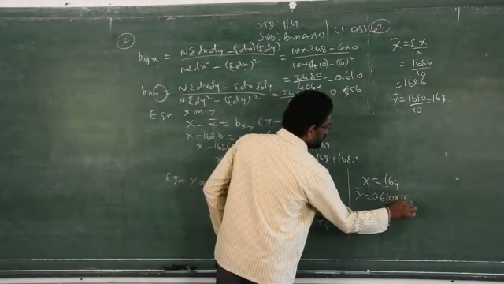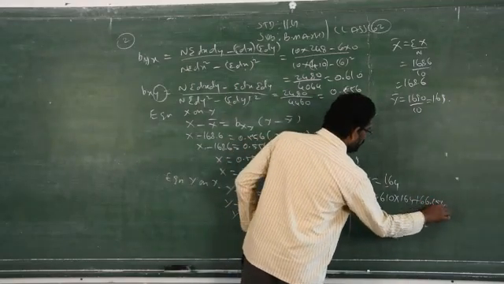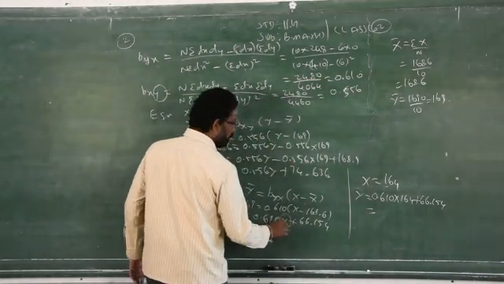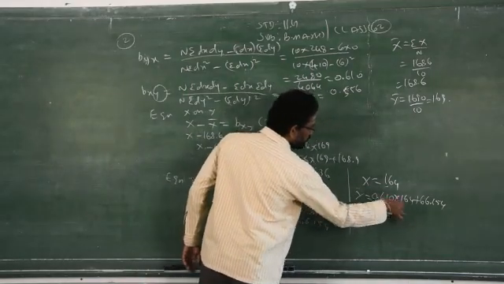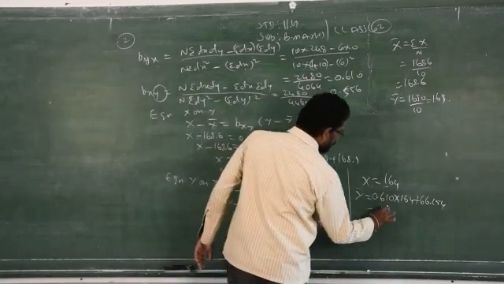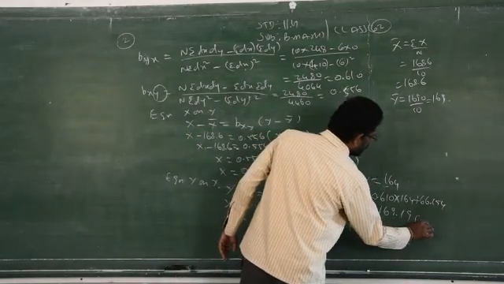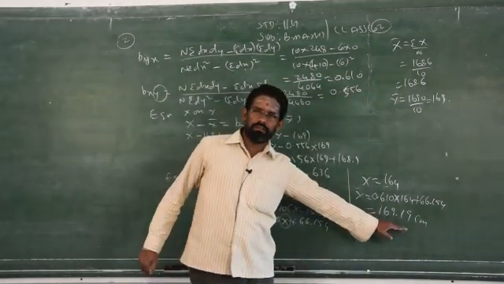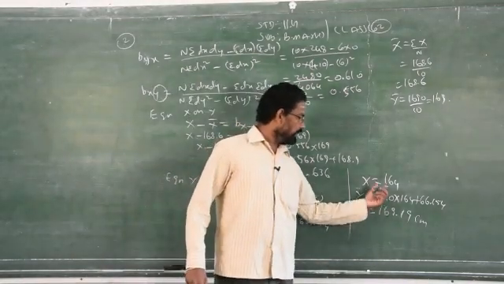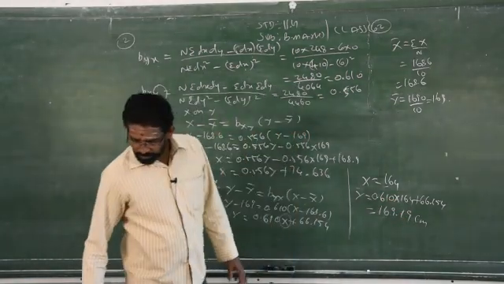0.610 into 164 plus 66.154. Just replace x by 164, you multiply these two, then you will get the answer as 169.19 centimeter. If it is given in centimeter, you have to write down the units. That is very, very important. Clear? If you write height without units, there is no meaning. Therefore, you have to write the unit cm along with the answer. So this is the required answer.